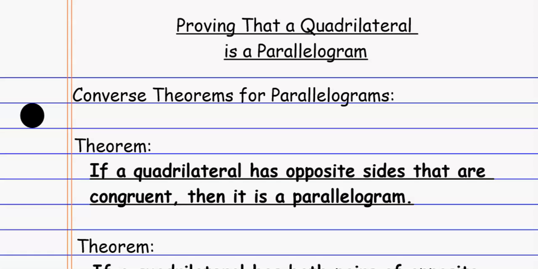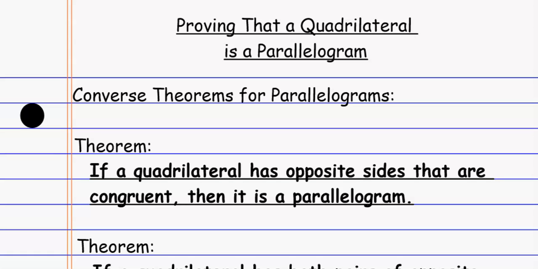Hi there, folks. Today we're looking at proving that quadrilaterals are parallelograms, or that a particular quadrilateral is a parallelogram. To do this, we're just going to use, first of all, the definition. If we have the definition, essentially opposite sides are parallel, we can say the thing is a parallelogram. But then we can also use all those properties, and it's really the converse of each of those properties